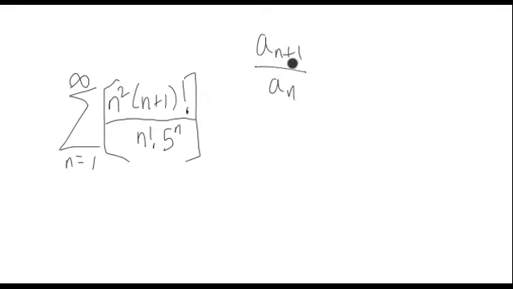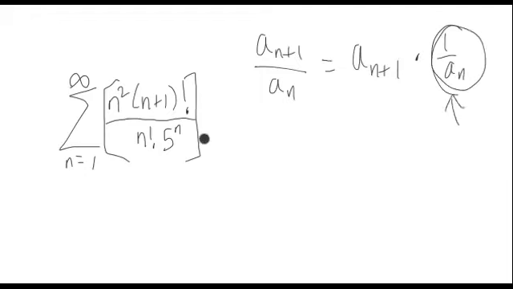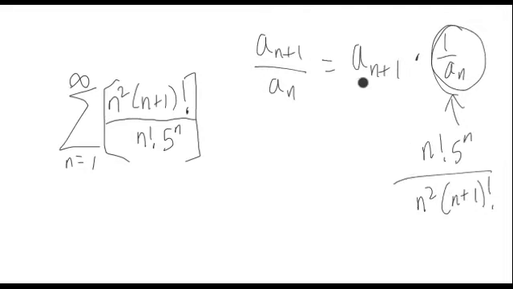So we could think of this in a couple ways if we want. We could think of this as a sub n plus 1 times 1 over a sub n, which is literally just taking the reciprocal of that. So let's write that out. That's n factorial 5 to the n squared over n plus 1 factorial. We just took the reciprocal. This is like writing this exactly the way it is, but we just replace n everywhere with n plus 1. So we have n plus 1 quantity squared, and then in here, this is n plus 1 plus 1, so that's just n plus 2